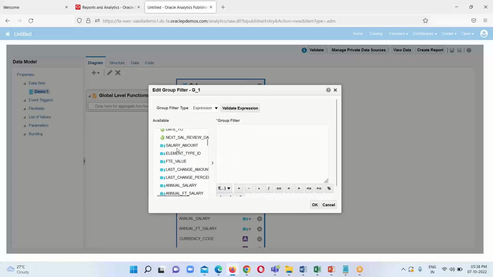I want to apply the filter on salary amount, so I select the salary amount, and then I have to select the operator like is greater than, less than, greater than equal to, less than equal to, whatever operator you want to apply. I want to apply greater than equal to, and then I have to provide the amount. I want to see the salary details for the employees having greater than 40,000 salary. Click on OK,